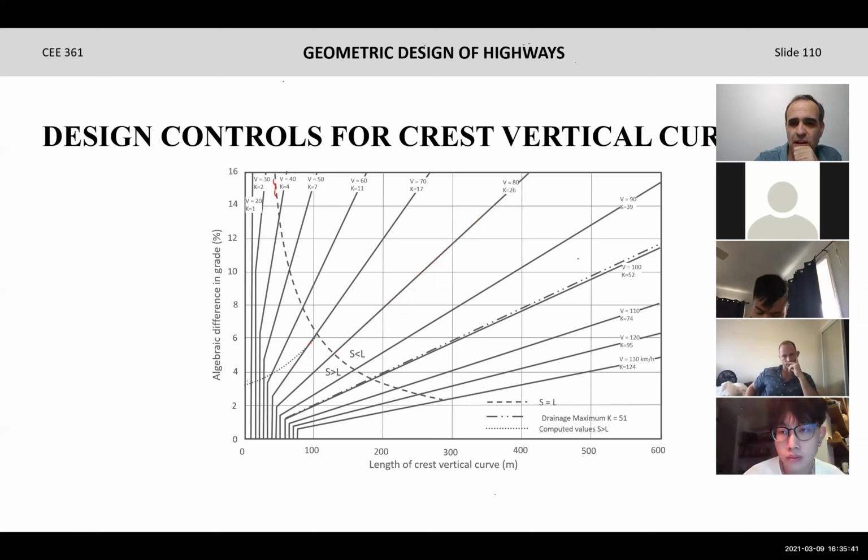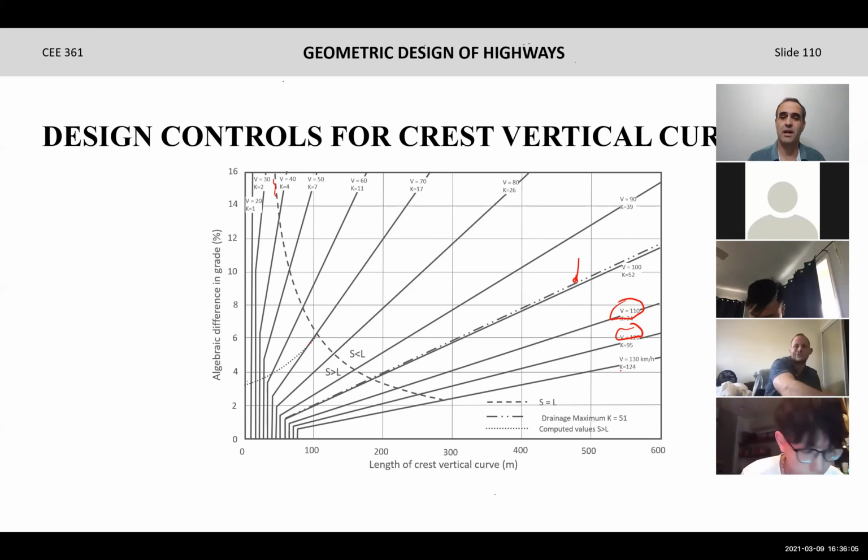You notice this line that is dotted there. Anything below that is kind of problematic for something we have discussed before. For very high design speeds, you would have longer stopping sight distances. And because of that, you will have to provide curves that are very long. And